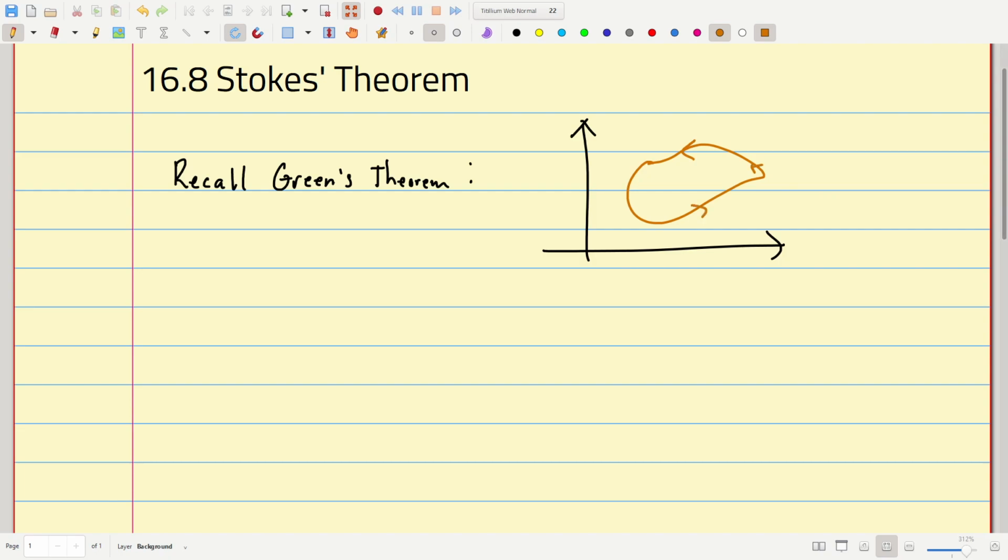I have some positively oriented boundary curve, and then I have this included domain here. All right. And what we showed more or less is that if I have a boundary curve C and a domain D, that under the right conditions,